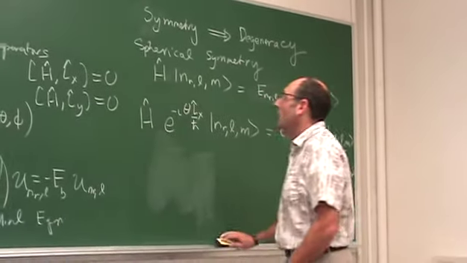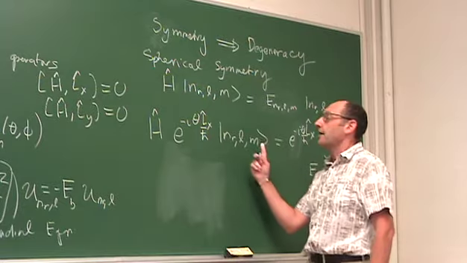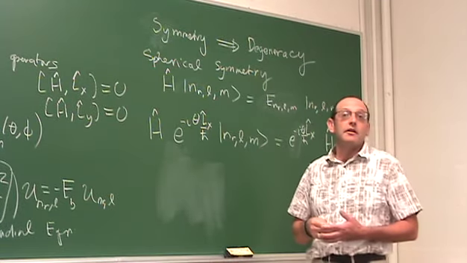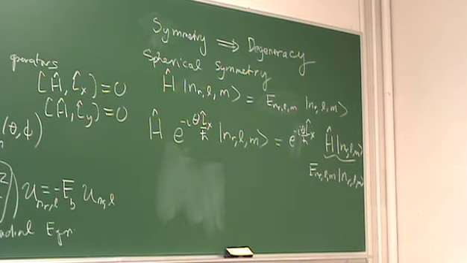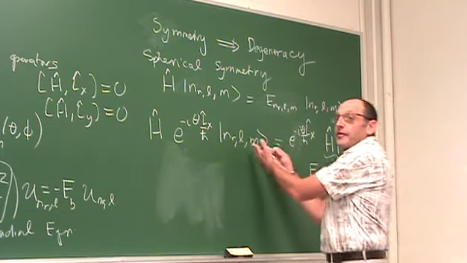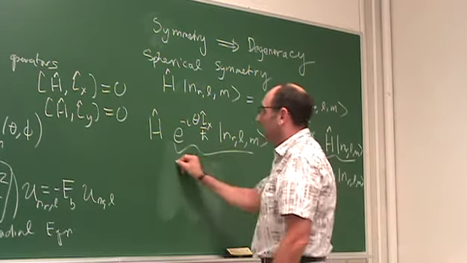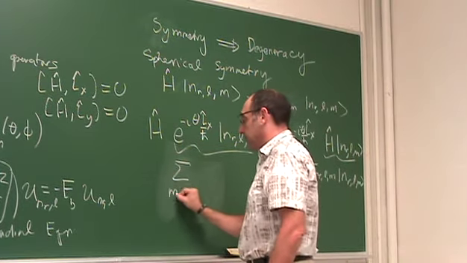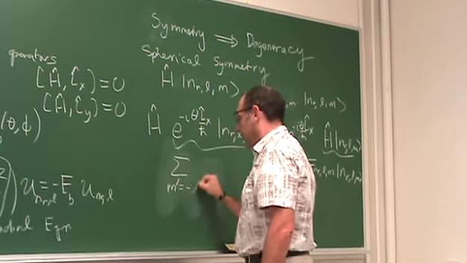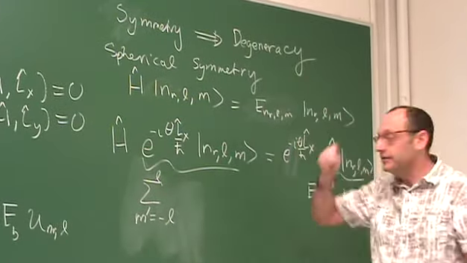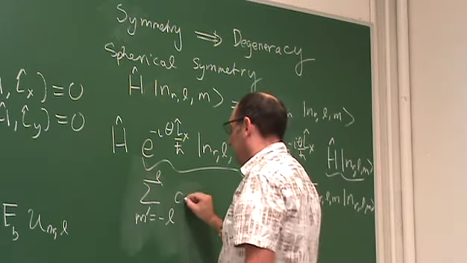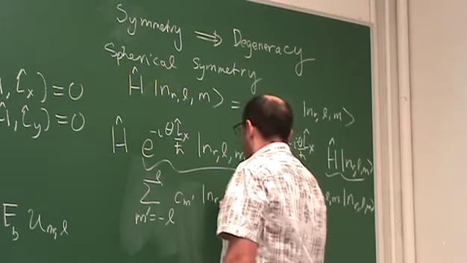However, we know how the rotation operator acts on a state. First of all, a rotation operator doesn't change the magnitude of the angular momentum. It only changes the direction of the angular momentum, and only acts on this part of the space. So this could be written in general in terms of a complete sum from minus L to L, because of course M goes from minus L to L in unit steps, acting C sub n prime and R L n